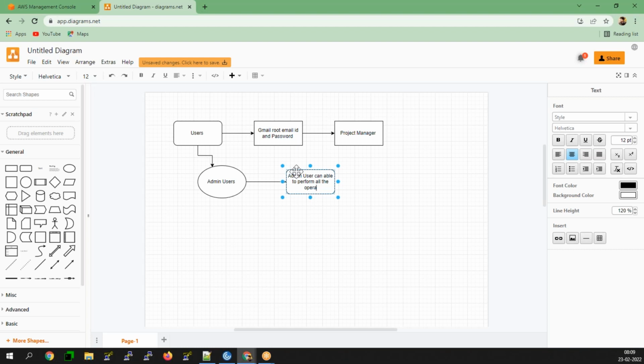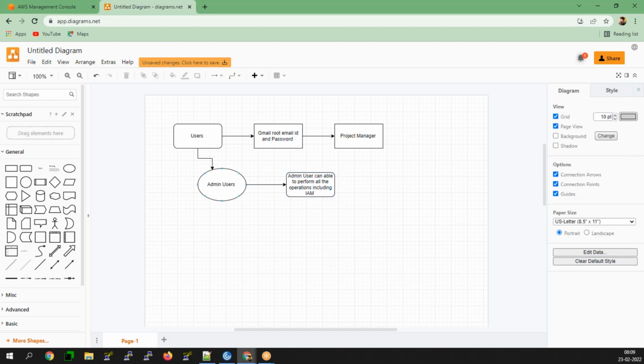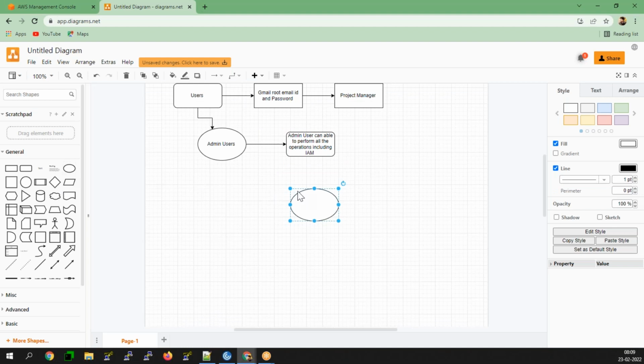Listen carefully, this is an interview question: the admin user can perform all the operations, including IAM. Whereas there is one more user called the power user.